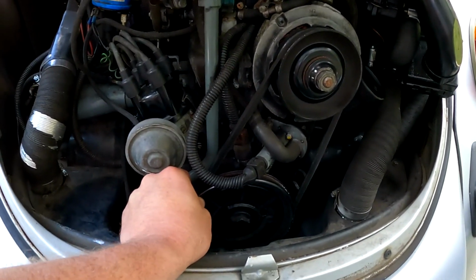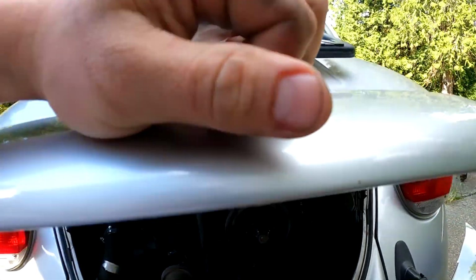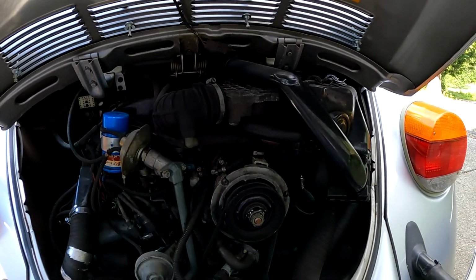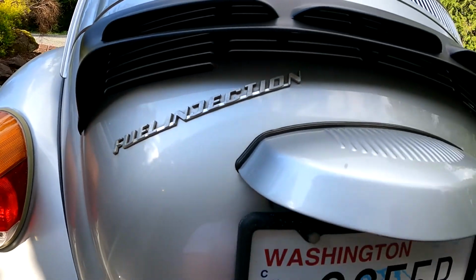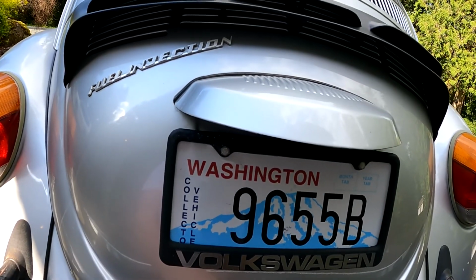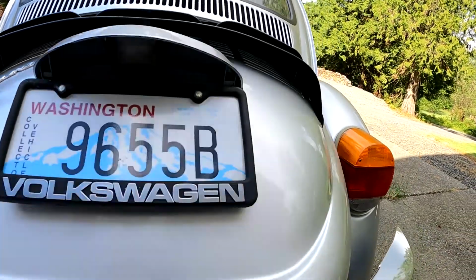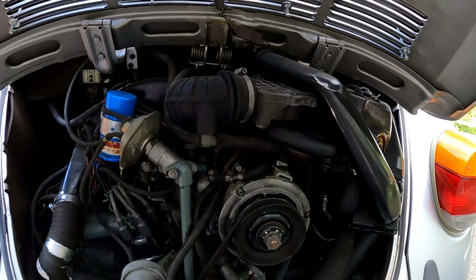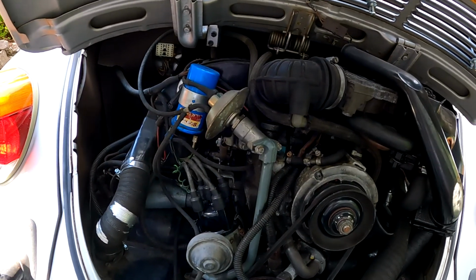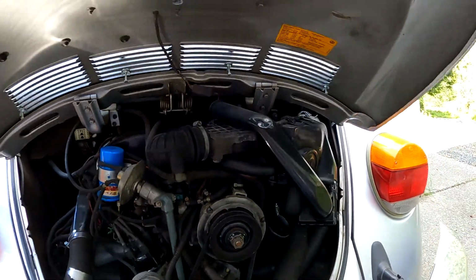Notice there's really no shaft blade on the crank. Motor's in great shape. This is a fuel injected Volkswagen. I believe the fuel injection started in 74 or 75. So anyway, yep, this is fuel injection. There's a lot going on in this engine bay. Not as clean and clear cut as a carbureted setup, but it does all work. It's a Bosch fuel injection setup. But anyway,